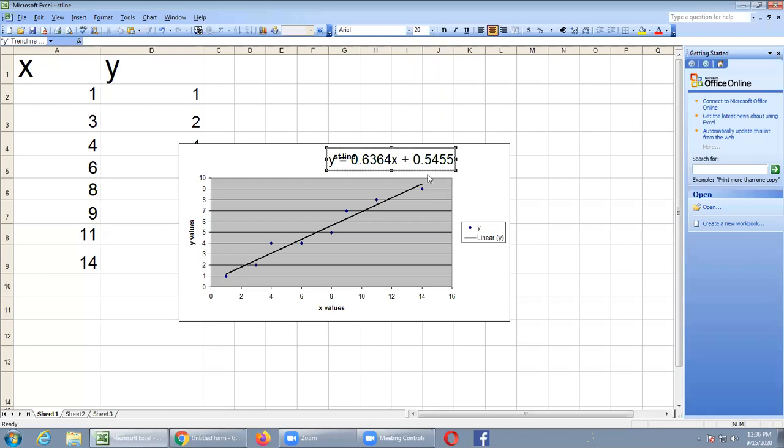Automatically we can get the straight line equation. So y equal to 0.45455 plus 0.6364x. So this is the straight line for this particular data. So I hope all of you understood. Is it okay? If it is clear, I will go to the next one. Say yes or no. Yes.